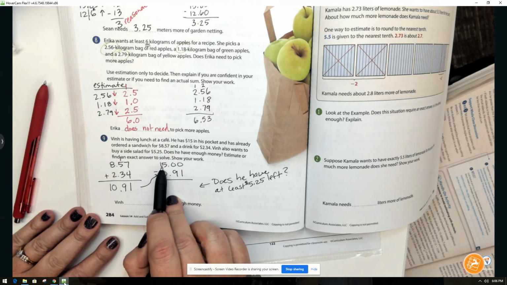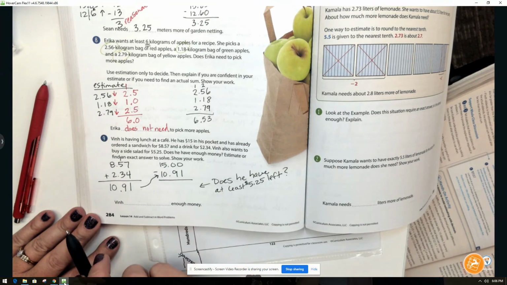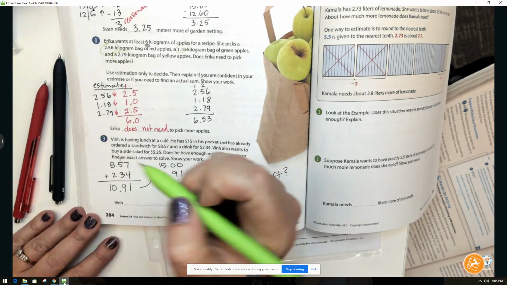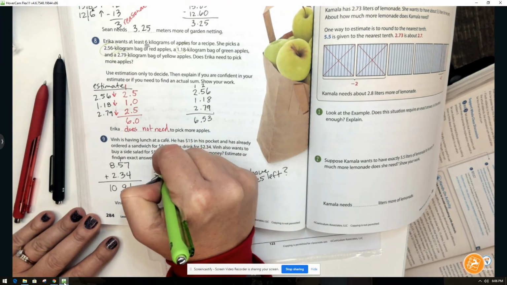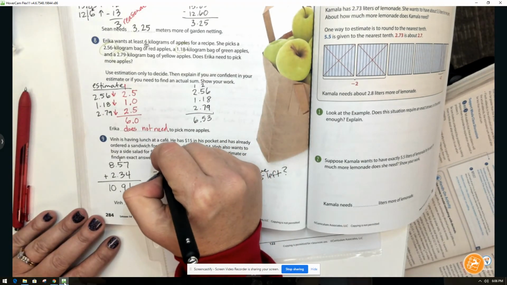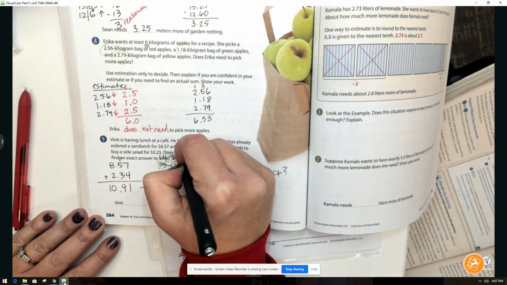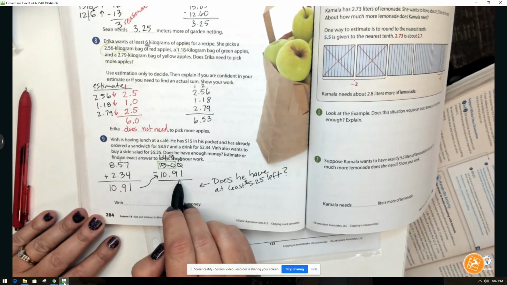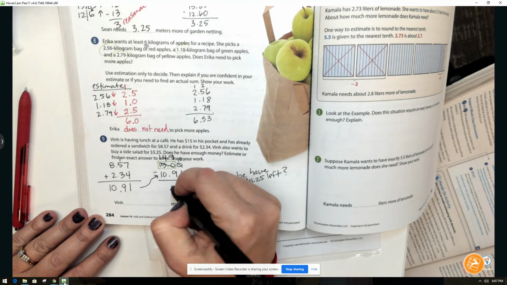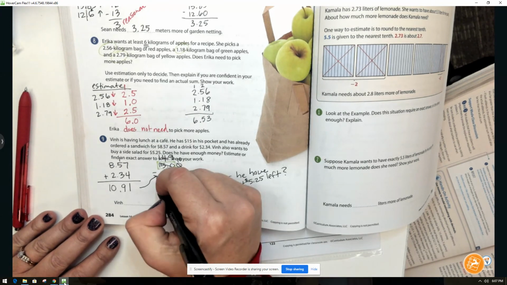He has $15 in his pocket. So now we're going to subtract the $10.91 he's already spent from his $15. So I cannot take 1 away from 0. So what I tell everyone in my class is to think about this number as 150. And we're going to borrow 1 from 150 and make this 149, and then regroup and make that number 10. 10 minus 1 is 9. 9 minus 9 is 0. Bring that decimal straight down. 4 minus 0 is 4. 1 minus 1 is 0. So right now, he has